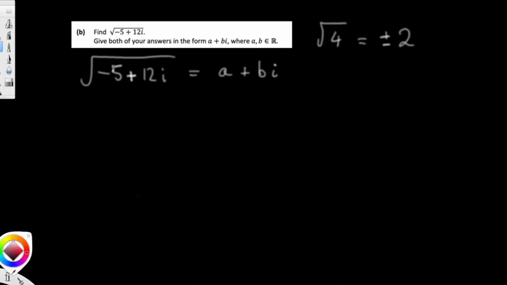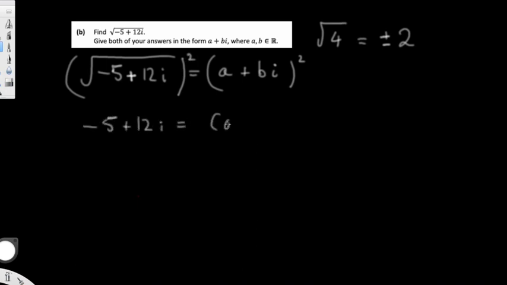Now, in order to find this, I'm going to square both sides. So I can now square both sides, okay? And on the left-hand side here, I get minus 5 plus 12i. And then on the right-hand side, I've got a plus bi multiplied by a plus bi, which is equal to,